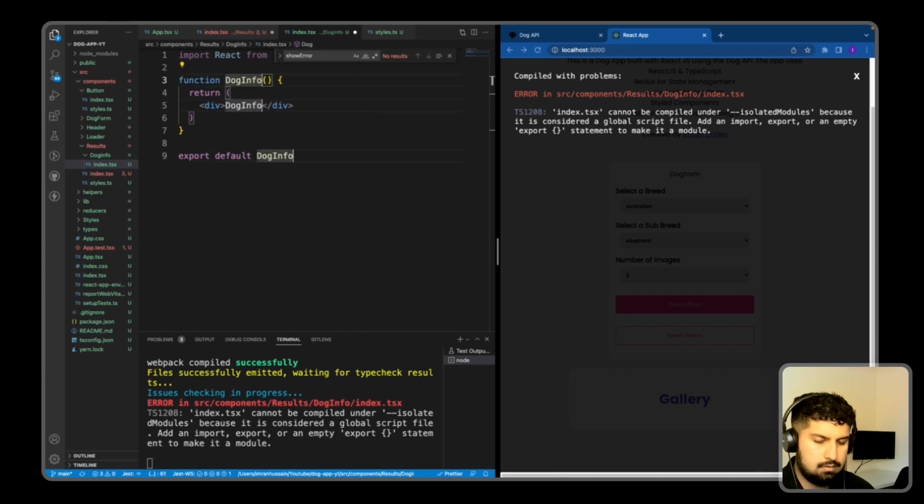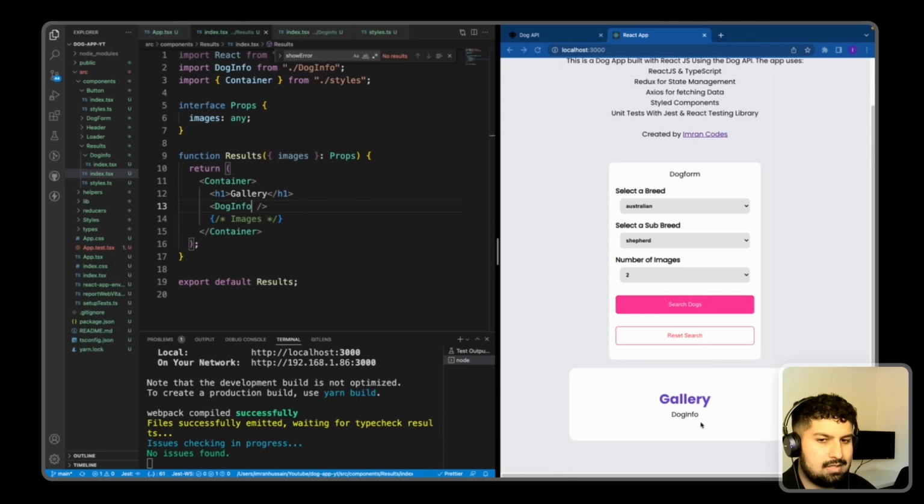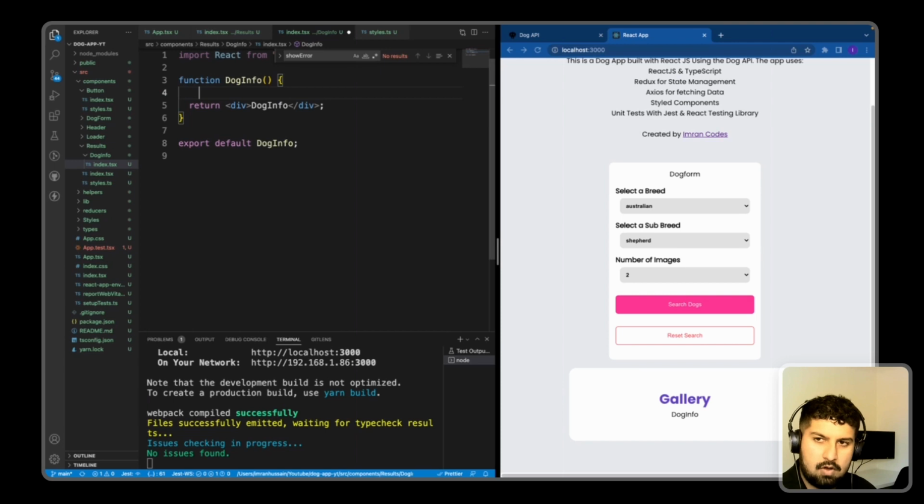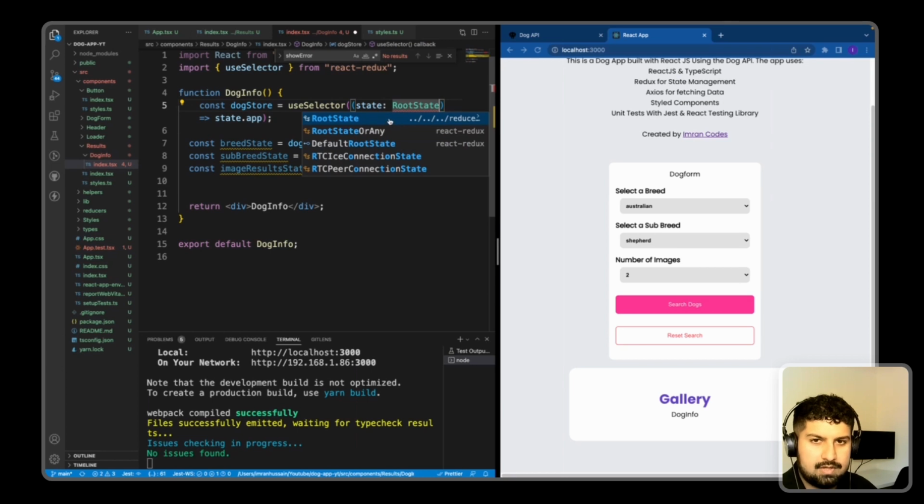So dog info, and then all I need to do is import this and save. So we are now rendering the dog info. I want to get access to the dog store information that we need and require for this. So that will be this breed name, the subbreed state, and the number of results. So if I paste in the dog store and the states that we are selecting and import the relevant items